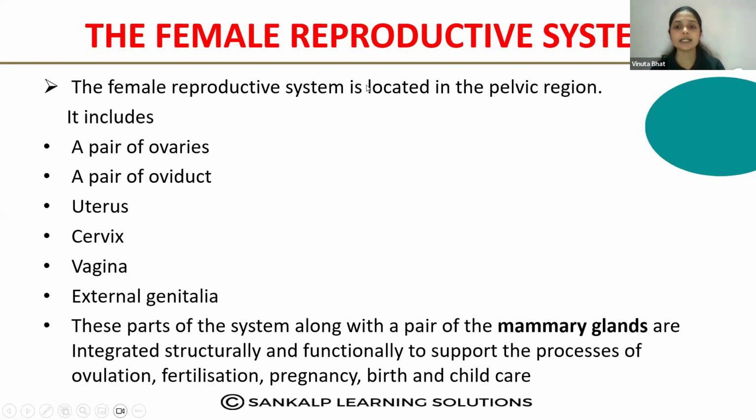And the mammary glands are also a part of the female reproductive system. These parts of the system along with the mammary glands are integrated structurally and functionally to support the process of ovulation, fertilization, pregnancy, birth and childcare. So the mammary glands are also included in the female reproductive system, associated with birth and childcare. Okay, so let's start with the